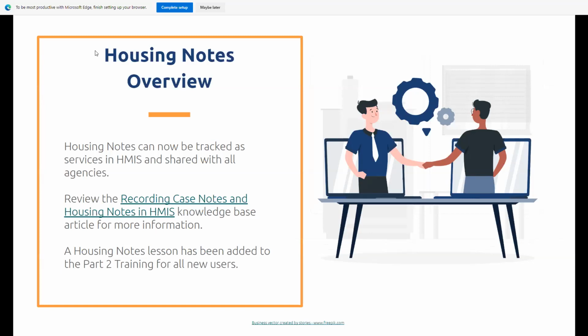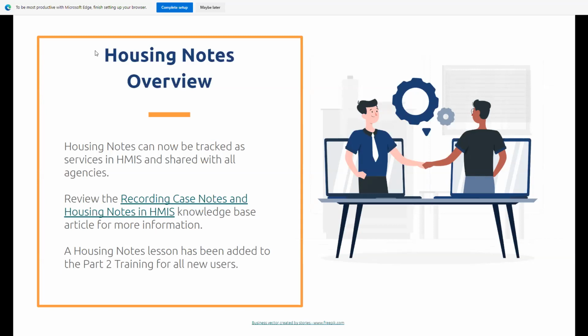And for some agencies, their case notes aren't really meant for sharing with other agencies because they are putting in internal agency communications, incident reports, that kind of stuff. So we wanted to honor the case notes that have already been in and keep those private for the agencies.